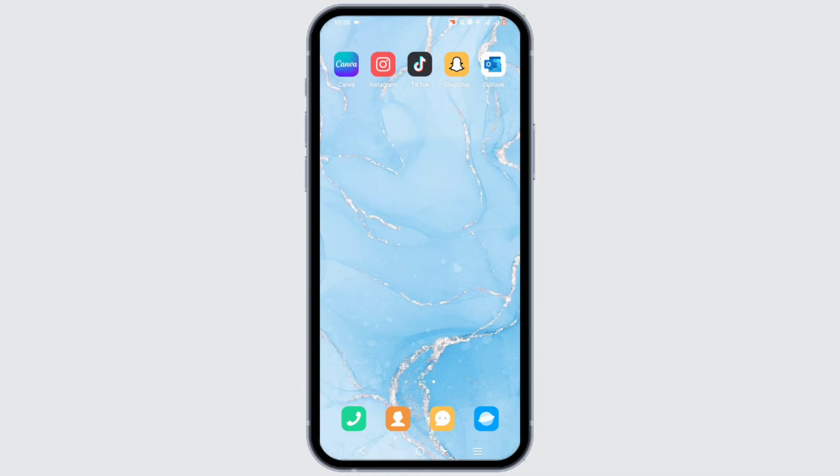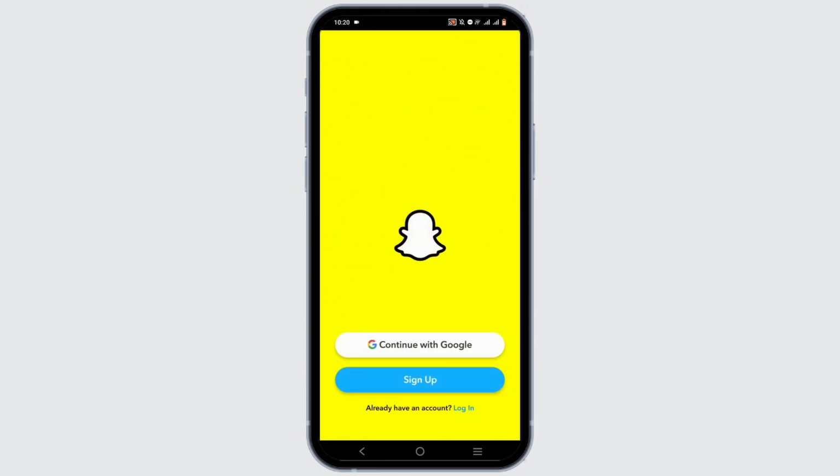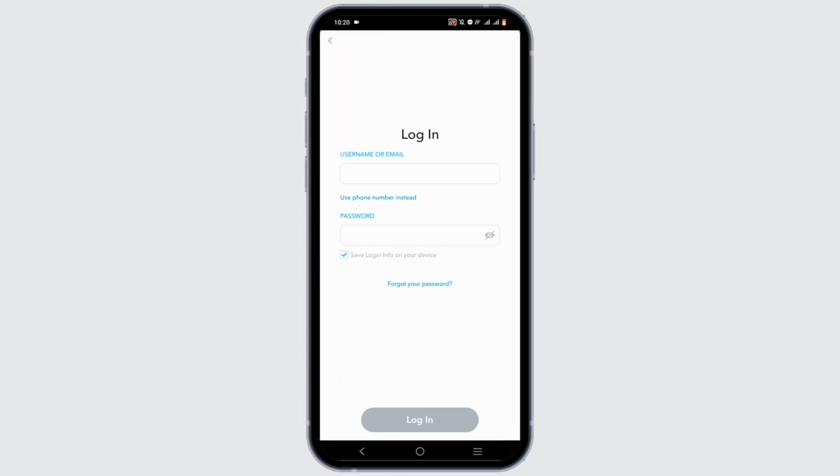Now to show, firstly, launch the Snapchat application on your mobile device. Then tap on the login button. Over the password section, go ahead and enter your password. Once you have entered your password, you will find an empty field in which you will have to enter the